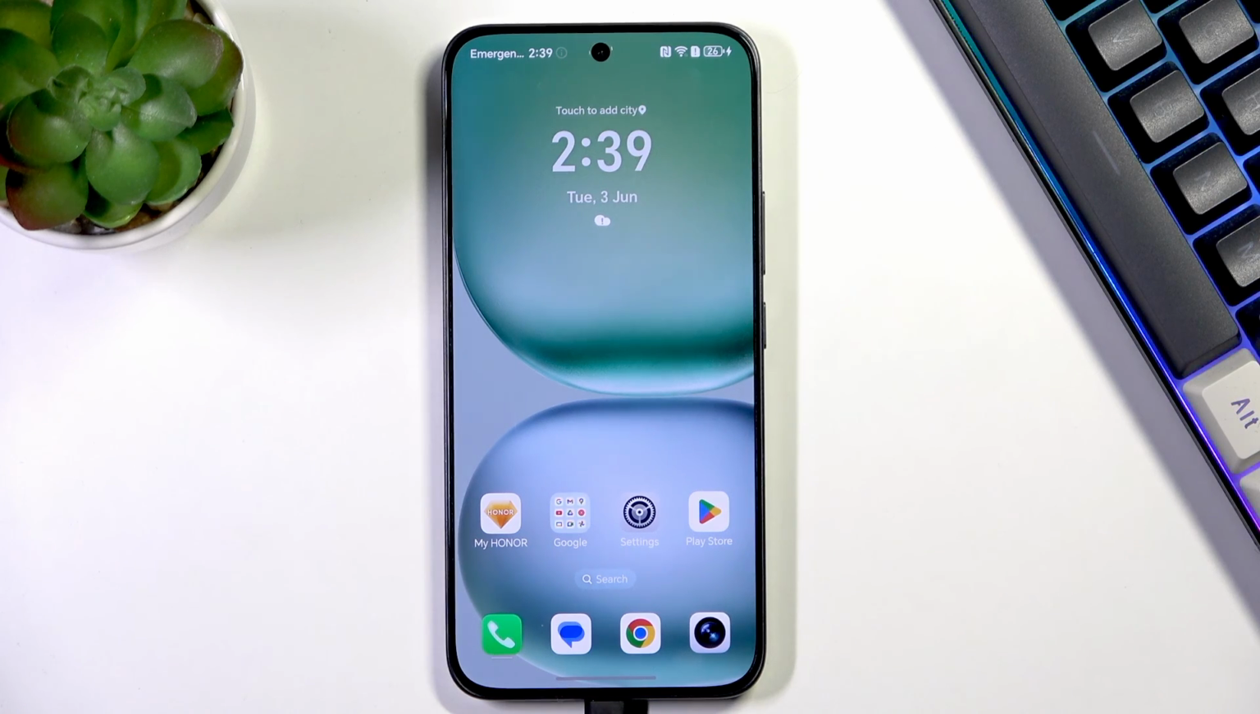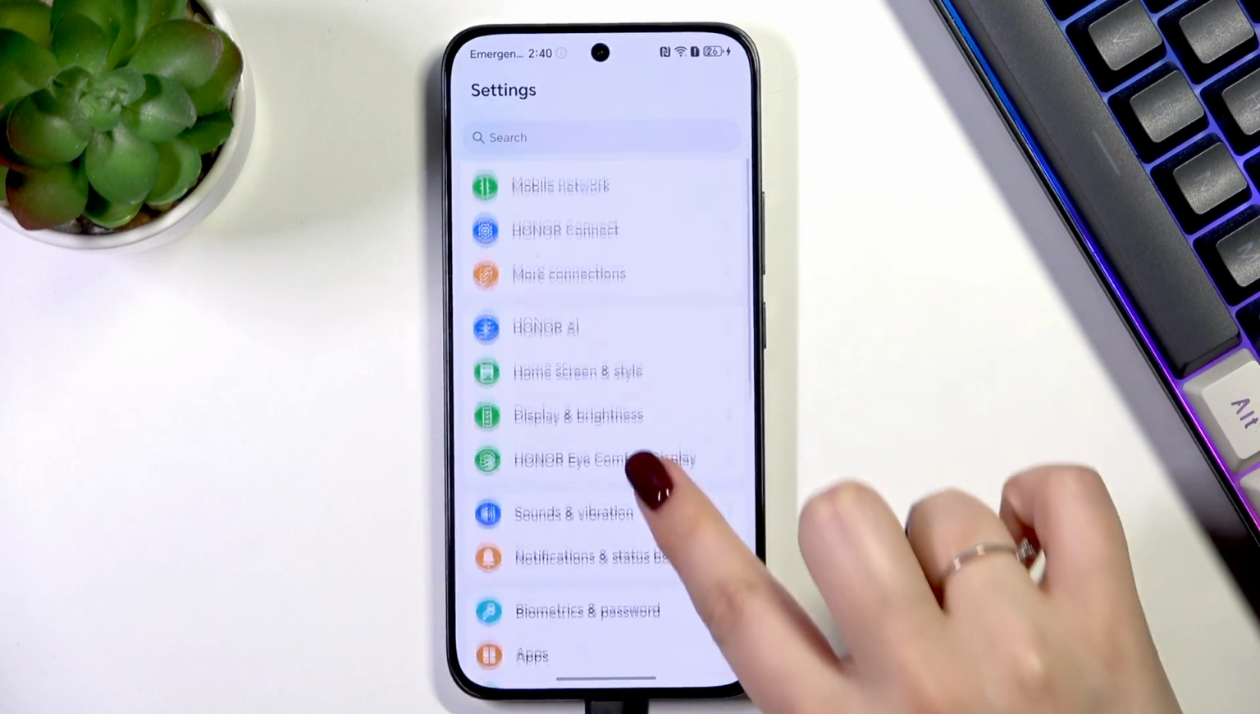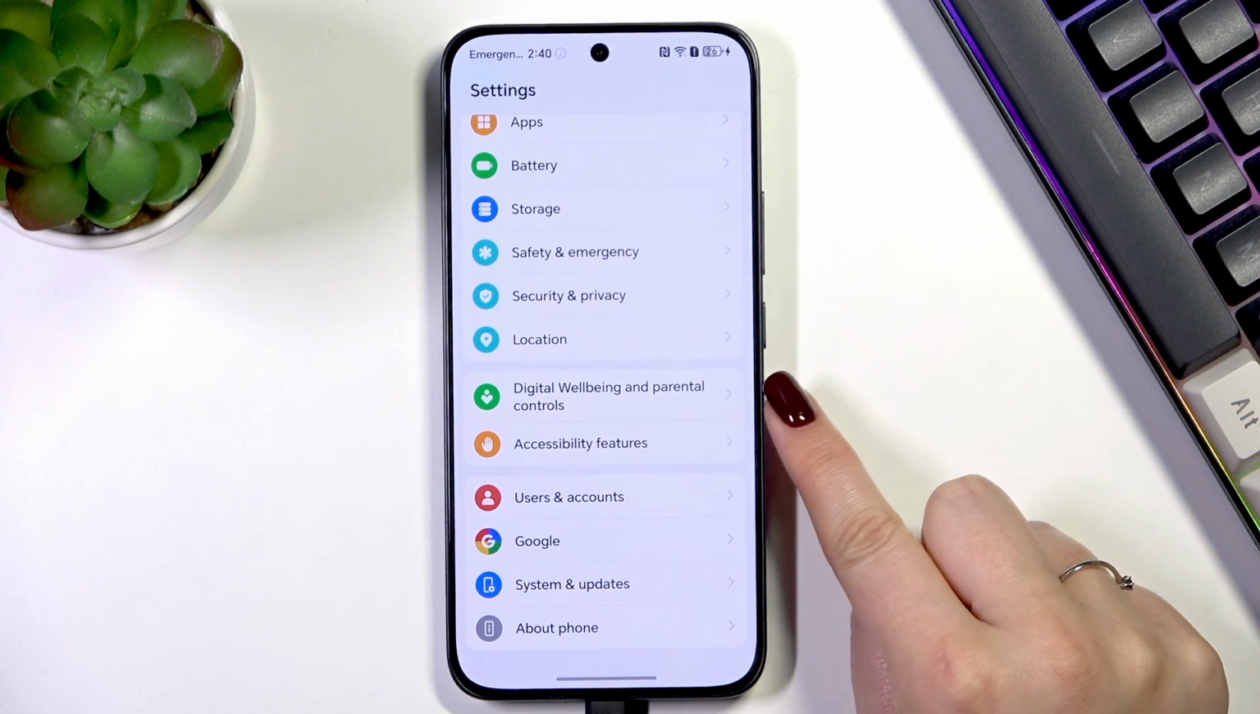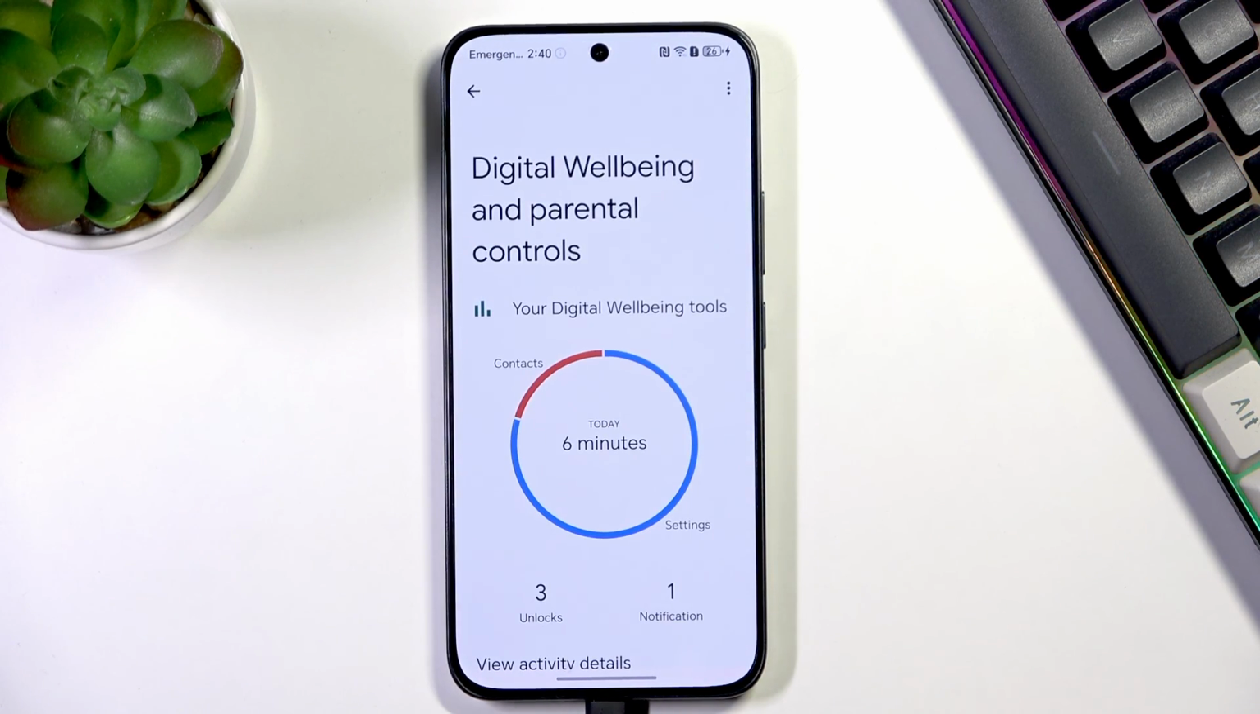So let's start with opening the settings, and here we have to scroll down to the very bottom to find this option, Digital Wellbeing and Parental Controls. Let's tap. So here we've got the graph which will show us for how long we've been using this device